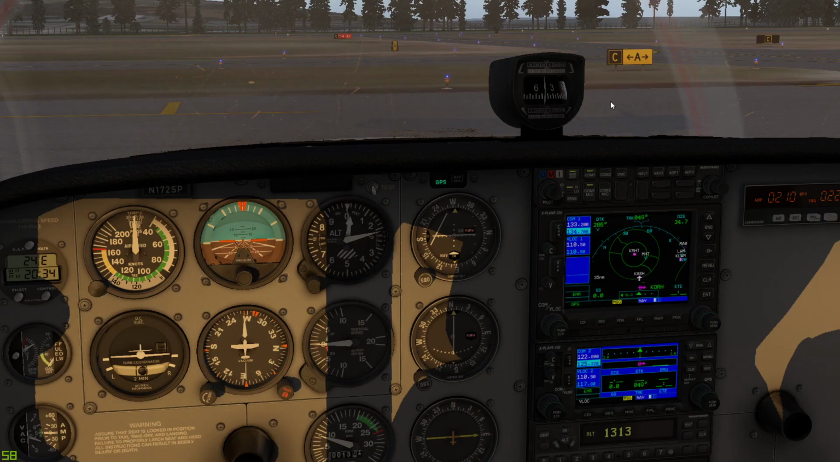Okay, so a couple things to remember. I like to write down what I'm going to say before I do it. So I like to write down my call sign, 6835 Hotel, Cessna 172. Where we are, we're at the GA ramp. And then, what